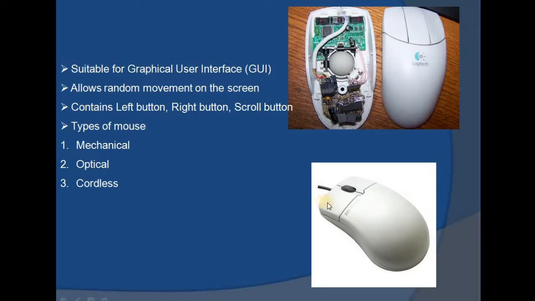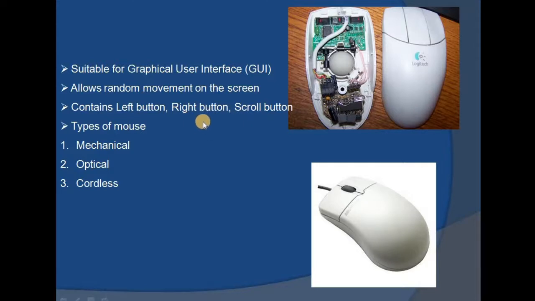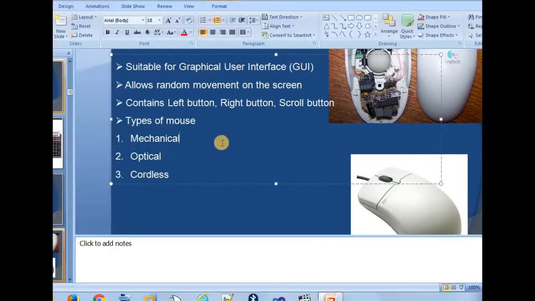And to select something, we use the left button, and to click some operation, we use the right button. Usually, to select something we use the left click. Suppose I want to use this option, so this is done by the right click. When I press the right click button, this is what you get. To know exactly what happens, we use this mouse.